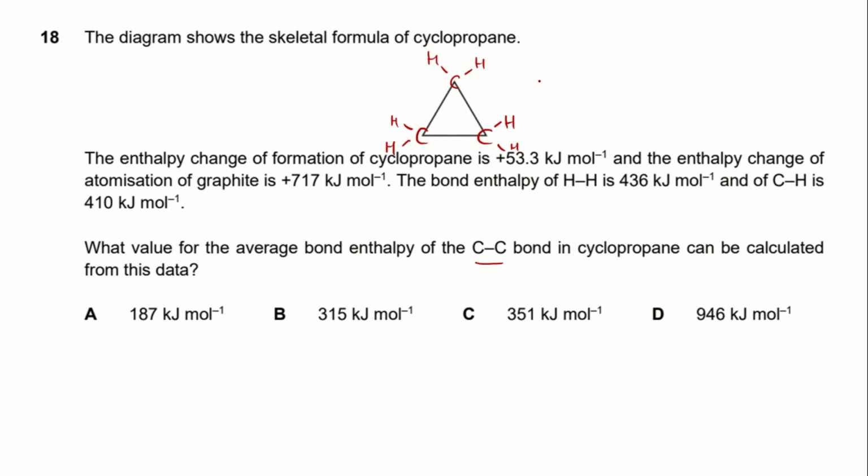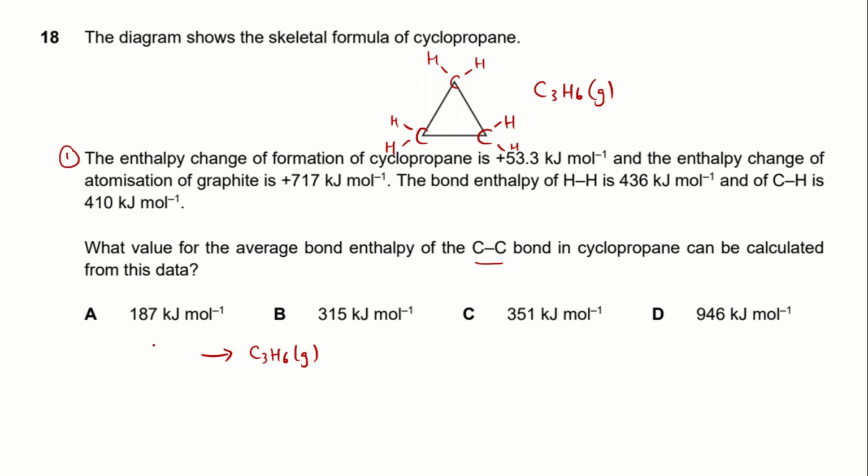The molecular formula of cyclopropane is C3H6. We are given a few enthalpy change values here. The first one is the enthalpy change of formation of cyclopropane. So let's write an equation for the formation of cyclopropane. Enthalpy change of formation is for 1 mole of the compound